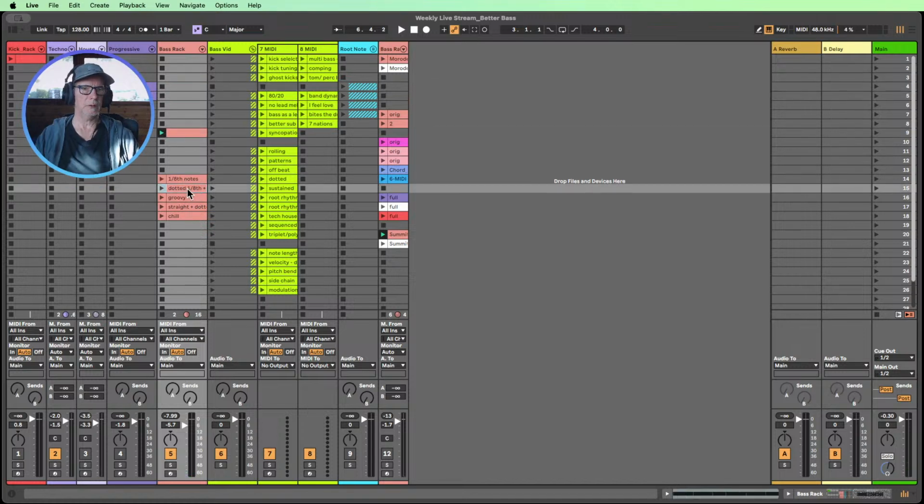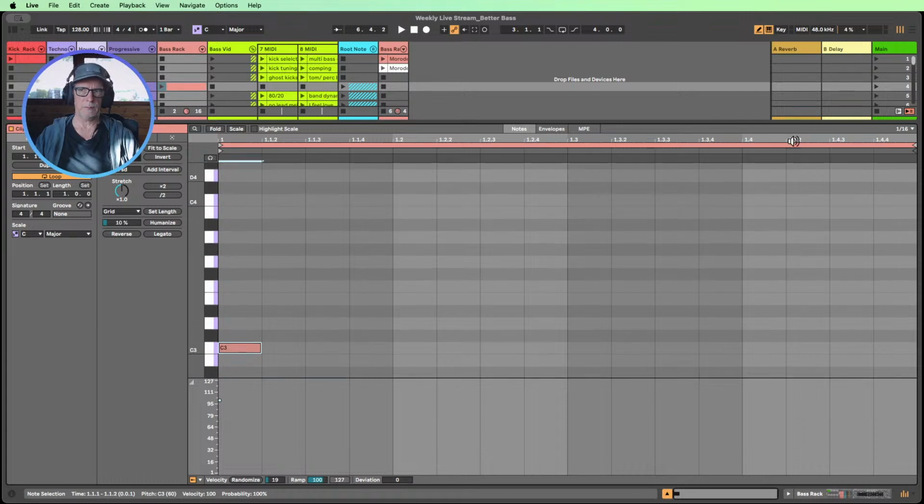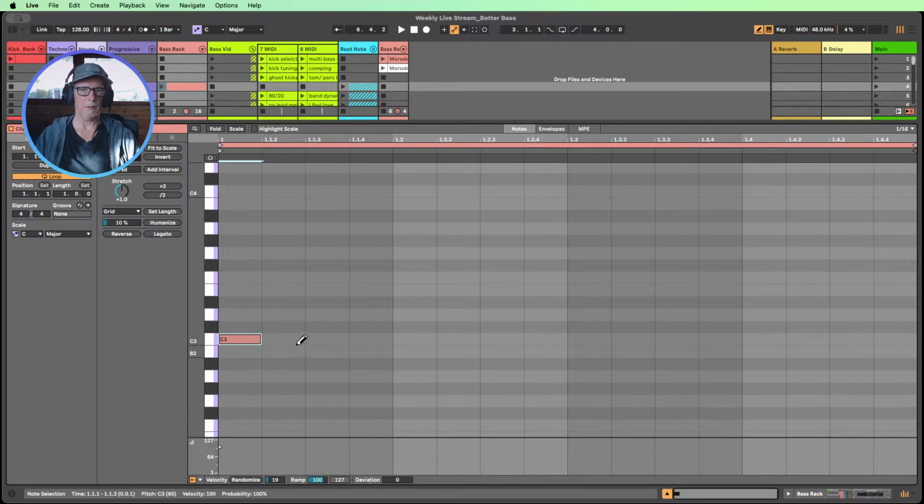So what is a dotted note? Let's do another bass line and let's think about our notes here. If we've got a 16th note, the grid is turned on to 16ths by default. We've got a 16th note here. And let's say I would like a dotted 8th note. I'm going to leave the grid in 16ths because it's easier to do this. If you're good with maths, this should be pretty fast flowing: 2 16ths equal an 8th note. So there's an 8th note. And to turn it into a dotted 8th note, we just make it 3 16ths. And now it's a dotted 8th note.